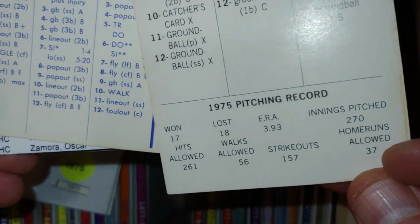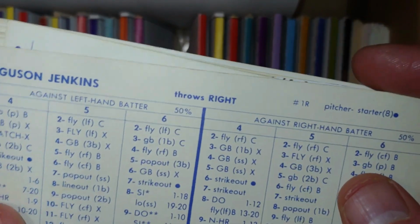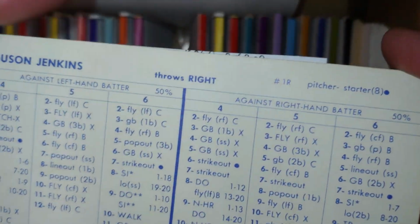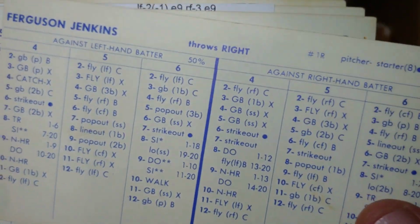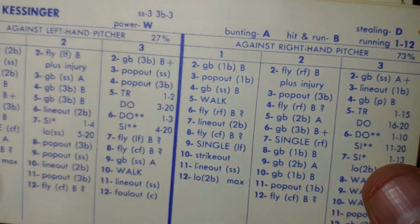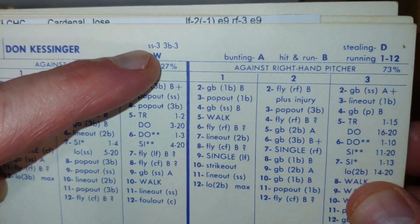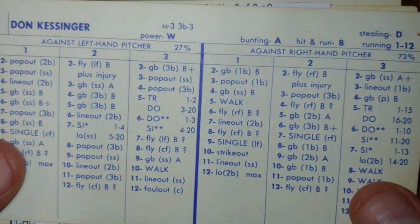He is. He's got a nice card. Well, 18-game loser. We'll probably do something we do with Morgan, which is make sure he completes his Chicago career before he begins his Texas career. So we won't take this card here. Kessinger. Kind of want to get him as a 2 while I still can in one of his earlier years, though